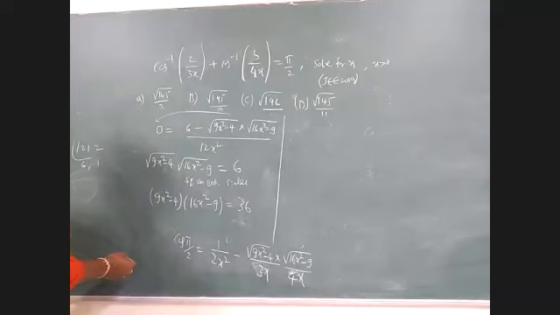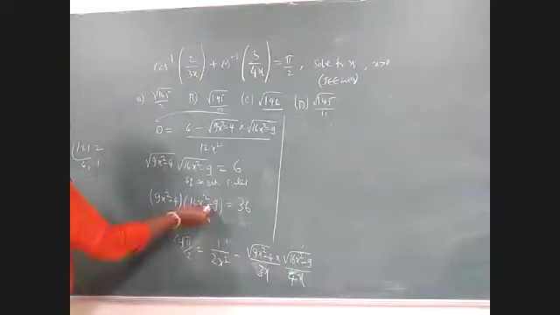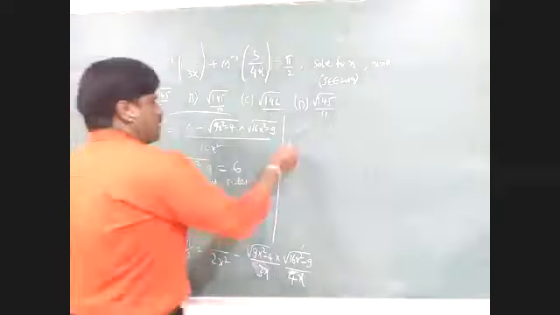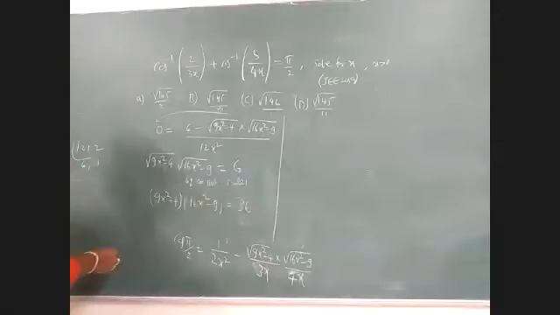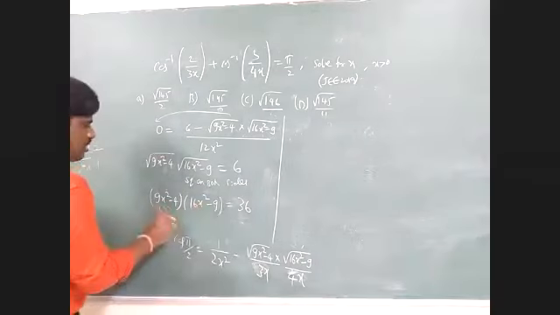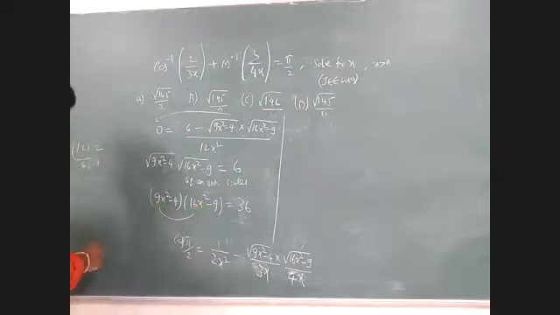I have to get x here, right? Is anything common possible? Not possible. So you have to multiply. This one is not going to get any common, right? So 9 into 16, 16 into 9, 144.